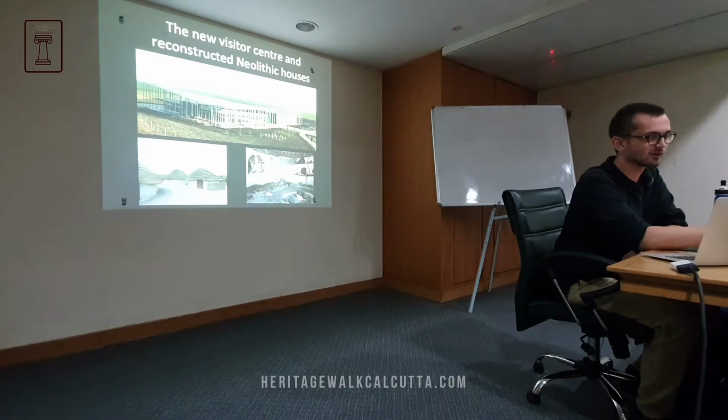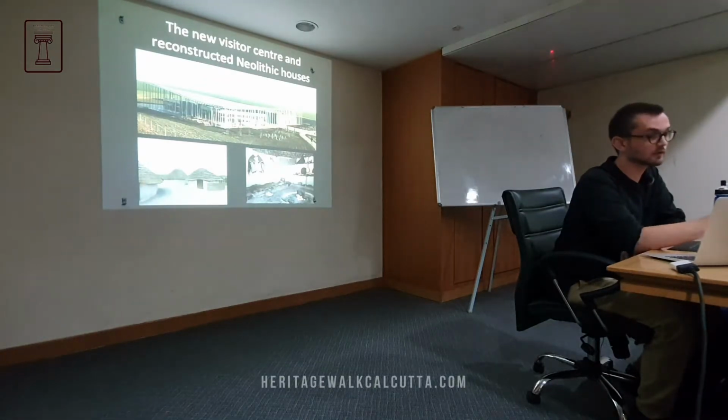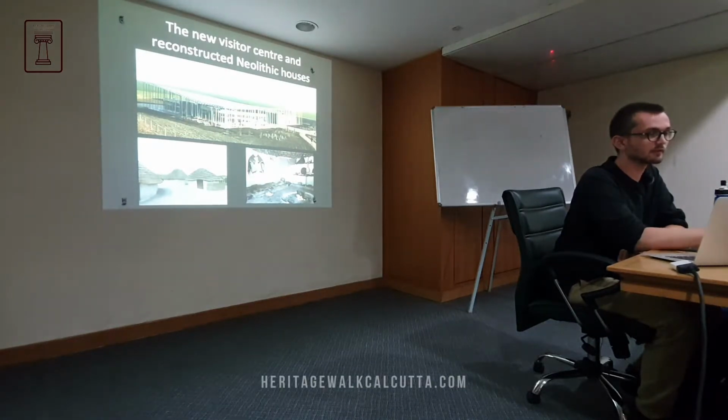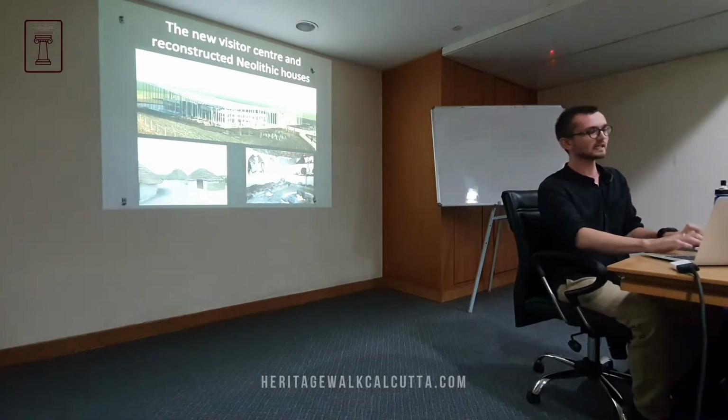And also located just beside the building are some reconstructed Neolithic houses. So this was to promote engagement, and it's a great job. What they've done is they've constructed 3 buildings, wattle and daub, in the traditional Neolithic way, and they've reconstructed a central hearth, and a lot of Neolithic artifacts where you can go in and sit and pretend to be a Neolithic person. So whilst that is great,